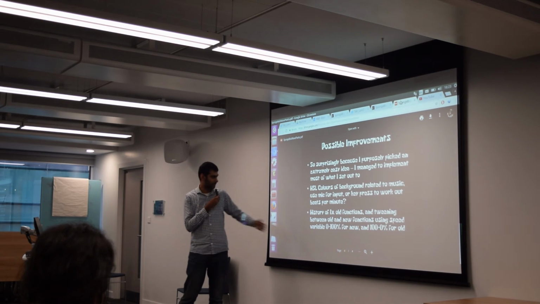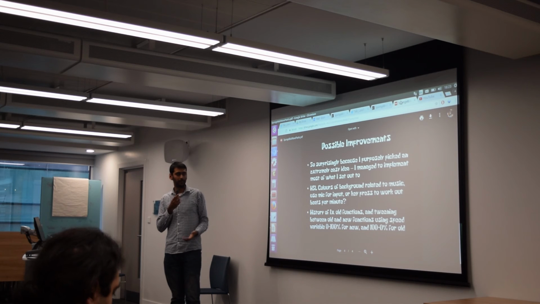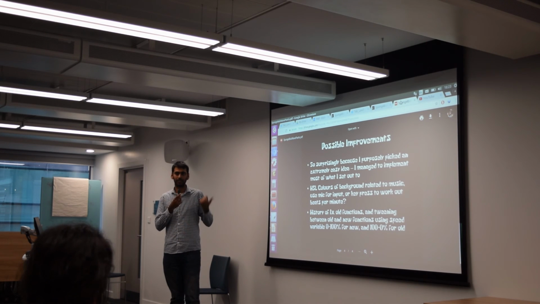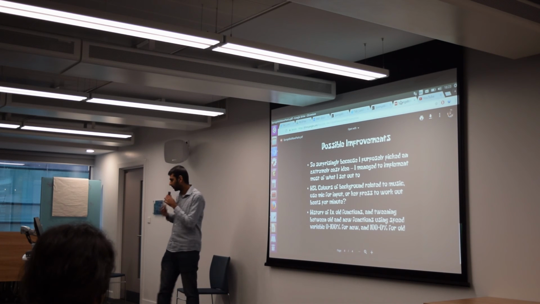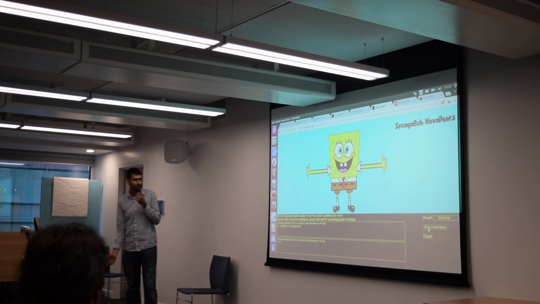And the last feature that I was thinking of, I haven't thought of any other features for now, is keeping a history of functions. So you click update, it creates a new function, but then there's an old function, and I want to tween between the old and the new. So for example, right now, we've got SpongeBob flicking his arm around, but if it was y equals 0, you can see he's not doing that anymore.